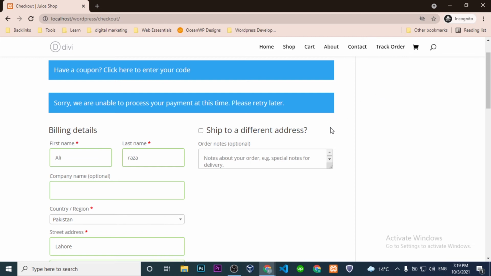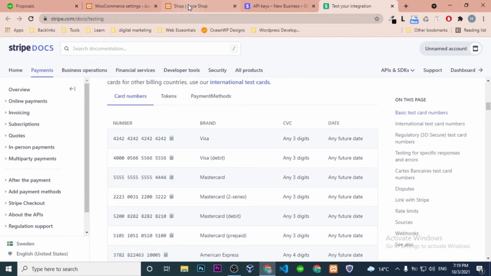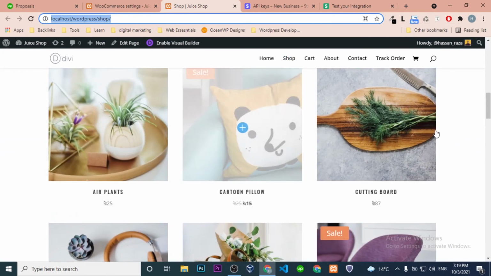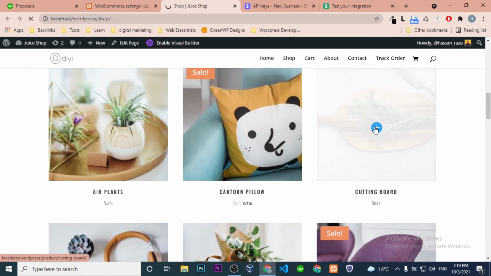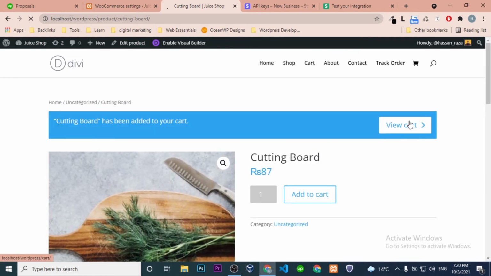This is an issue of cache. That's why we are getting this error, so we can try to remove the cache. So just add this product, add to cart, view cart.